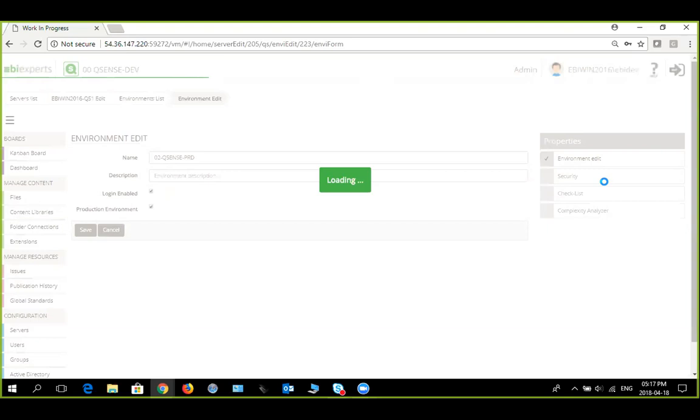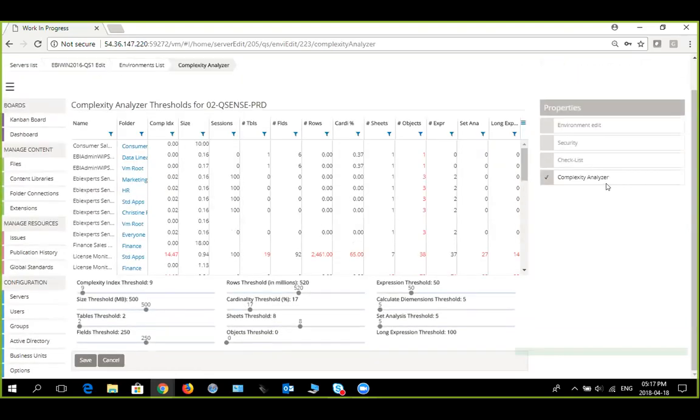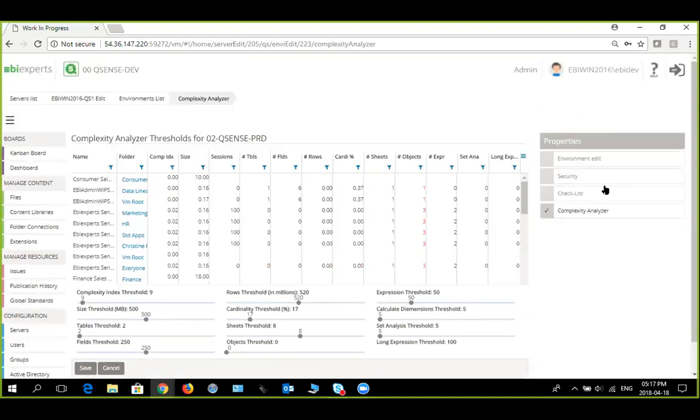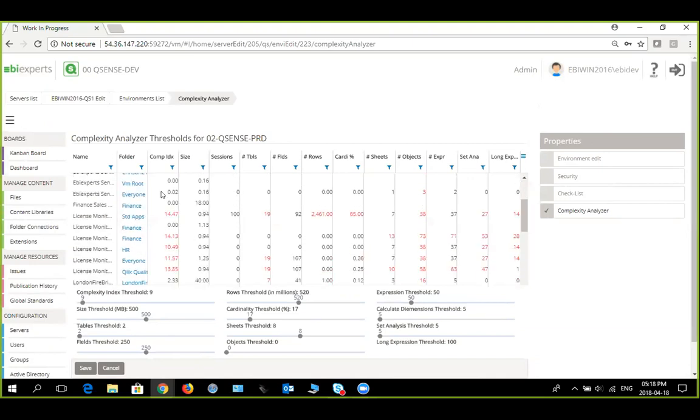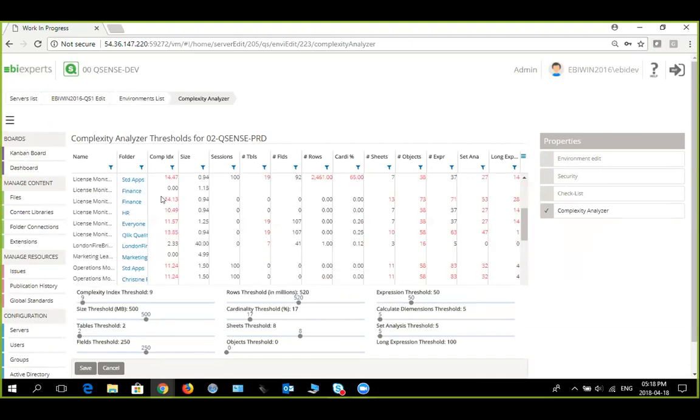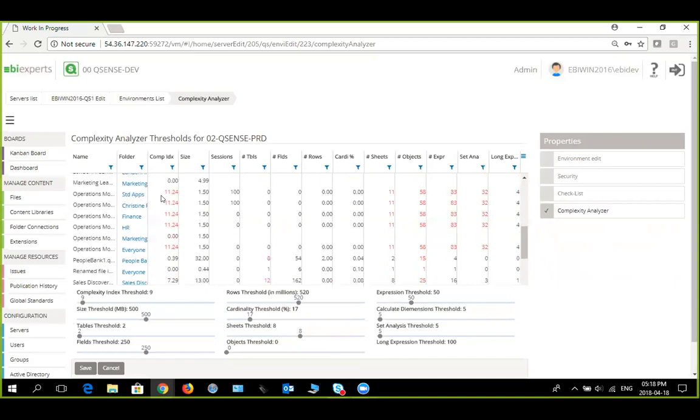So over here, we are in the production environment now on this QlikSense server. On the top there, you can see 02 QlikSense prod. That's the environment that we're on at the moment. What we can see on the left is all the files that are published into this environment, and where they are lying in our repository. Of course, this is the WIP environment. So it's in our repository, and then what we can do is search for our file over there, the